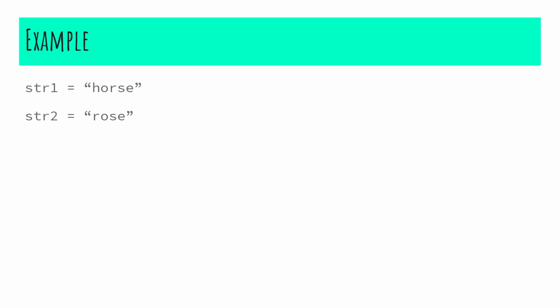Here we have considered our string 1 as horse and string 2 as rose. In order to convert horse into rose, first we'll have to remove h from horse. This removal operation will be the first operation that we perform. Again, I'll be removing o. At last, I'll be inserting o after the position of r. Totally, we have performed 3 operations. This is the minimum number of operations that we will perform in order to change horse into rose.